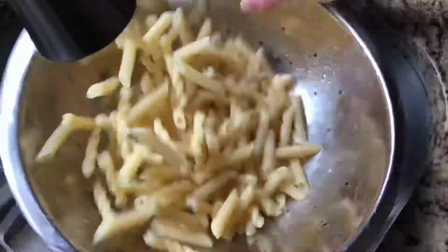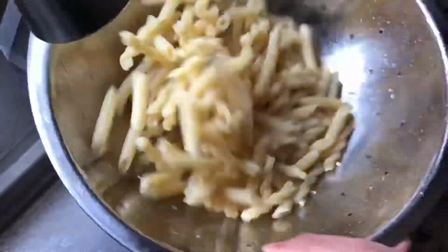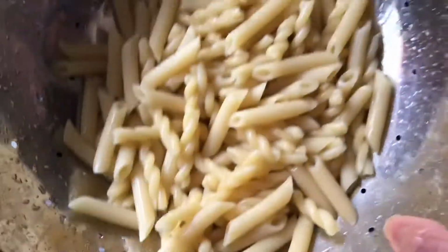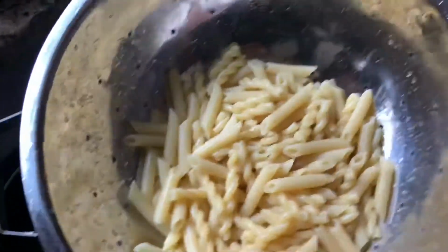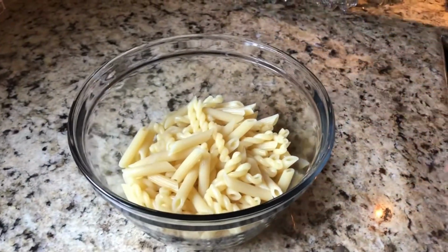अच्छे से वो उसे पानी निकालना है ना. Okay, so you guys want to make sure that you're draining all the water out. ये जाएगा बोल में. So we're going to place it into this bowl right here. उसके बाद इसमें जाएगा